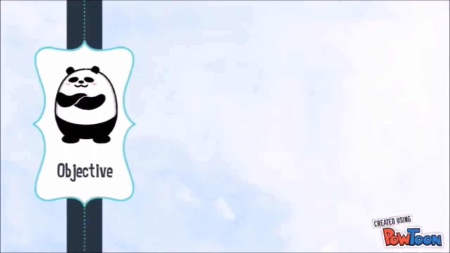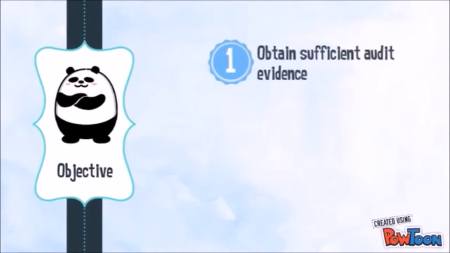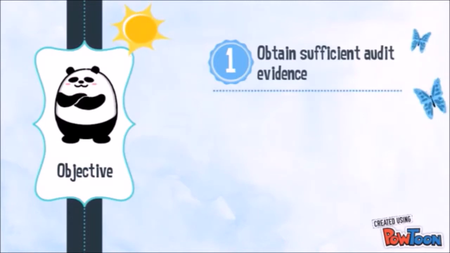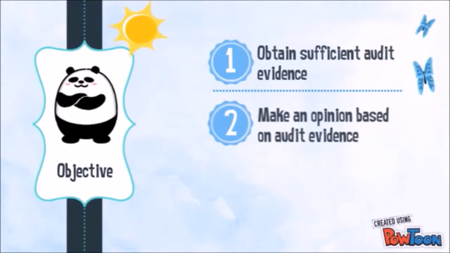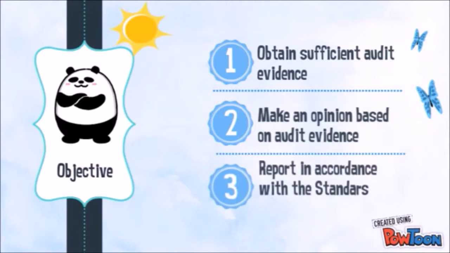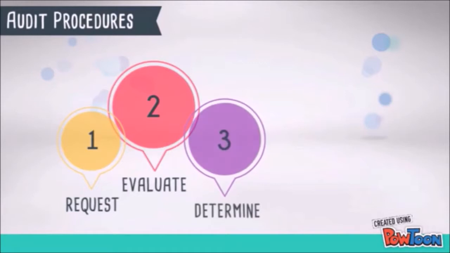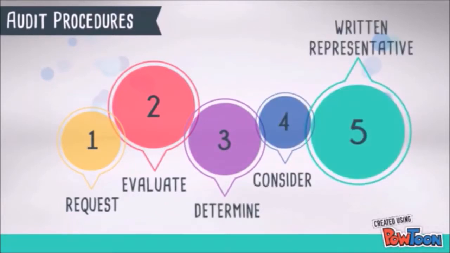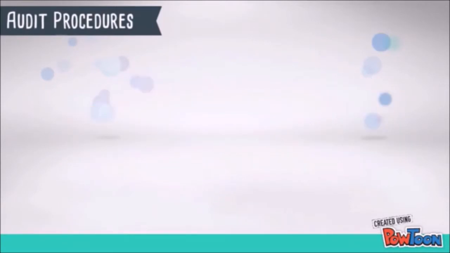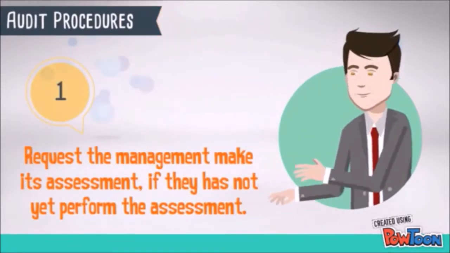The objectives of an auditor regarding the firm's ability as a going concern are: to obtain sufficient appropriate audit evidence regarding the appropriateness of management's use of the going concern basis, to form an opinion based on the audit evidence on whether any material uncertainty exists related to events that may cast doubt, and to report in accordance with the standards if any event occurs that may affect the ability of the firm to continue as a going concern. The audit procedures that need to be done are: request management to make its assessment, if they have